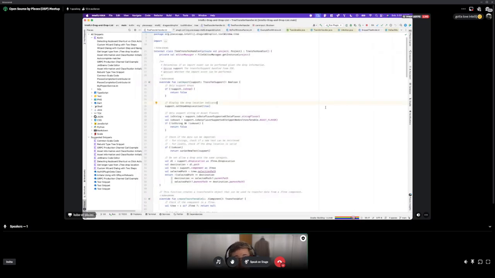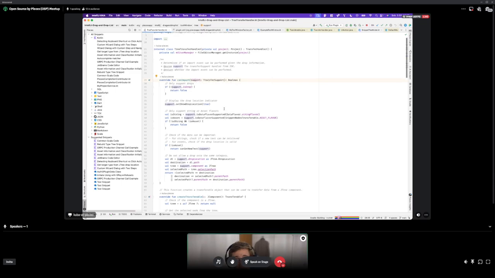And that is also logic that is being used in other things, like if you drop something on our component, we can just invoke that function, which is the default modus operandi for all transfer handlers: if you try to drop something on your component, it first checks if it can import that thing, and if not, then it just doesn't. And so we need to check the data flavor, because, I didn't mention data flavors before, but the data kind is described in the transfer support object.